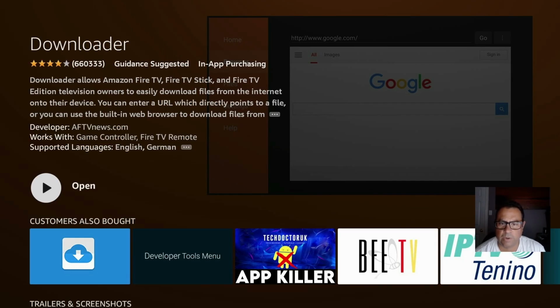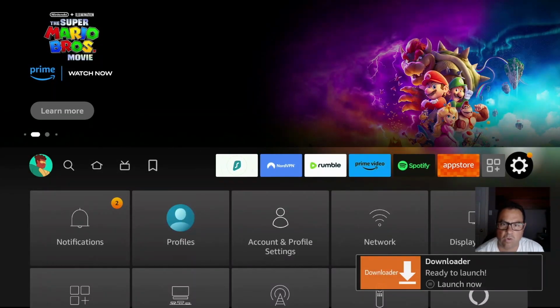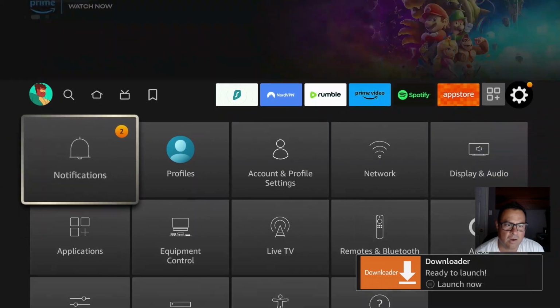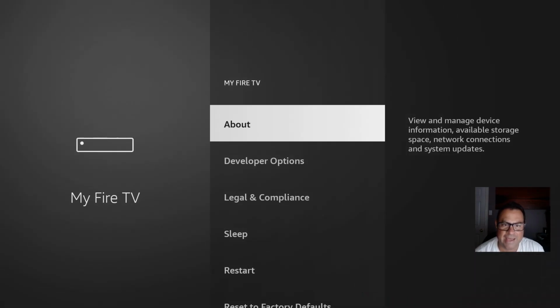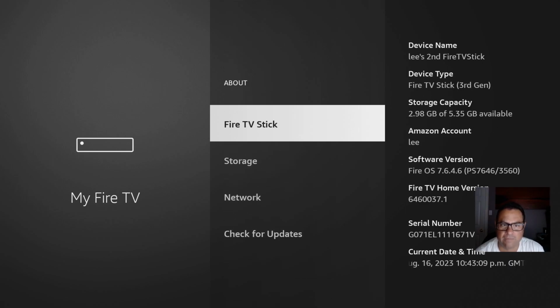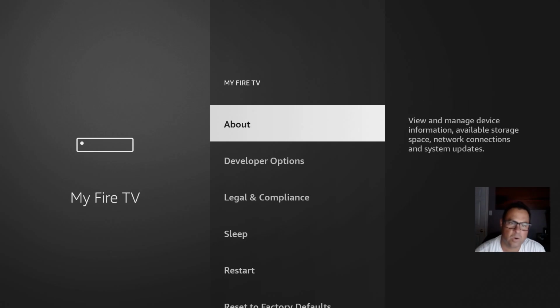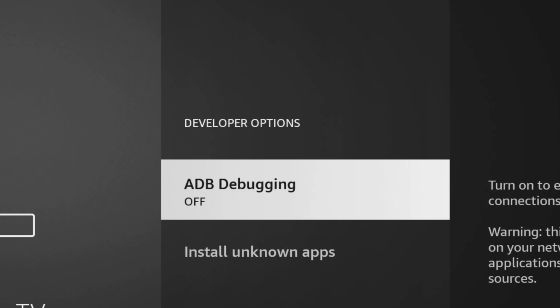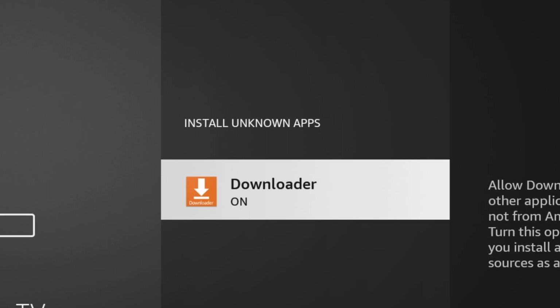Once it's installed, we don't want to open it yet because we're going to need to jailbreak our Fire TV Stick. So just go down to the little settings cogwheel, come down to My Fire TV, and then if you do not have developer options, click on About under Fire Stick. Click the select button like 7 times. As you can see, it says no need, I'm already a developer, and you are now too. Go back out, turn on developer options, turn on ADB debugging, install unknown apps, turn on Downloader, and go back